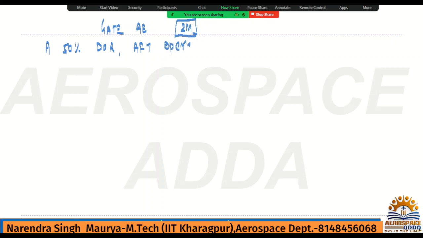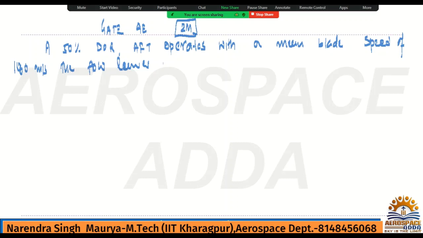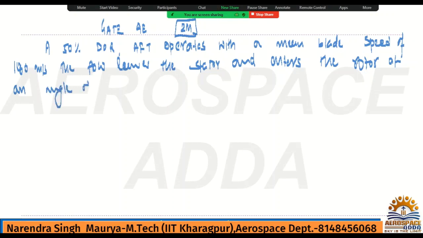operates with a mean blade speed of 180 meter per second. The flow leaves the stator and enters the rotor at an angle of 60 degree to the